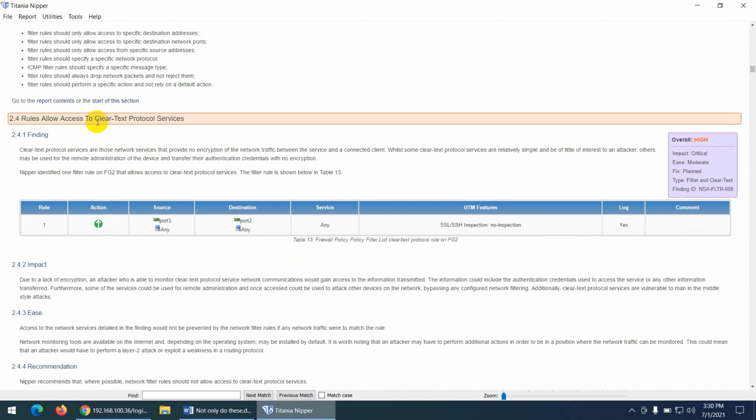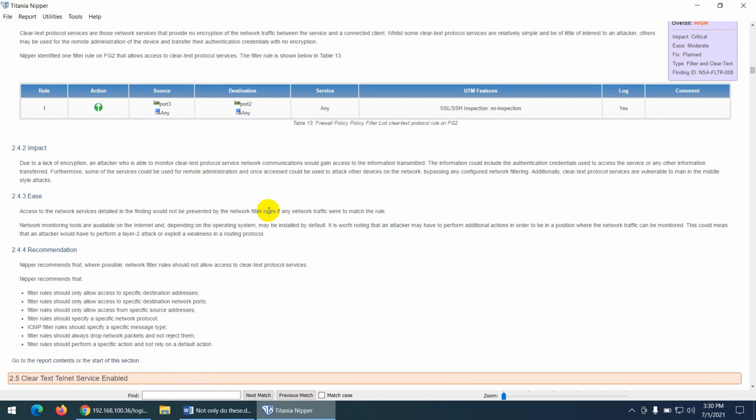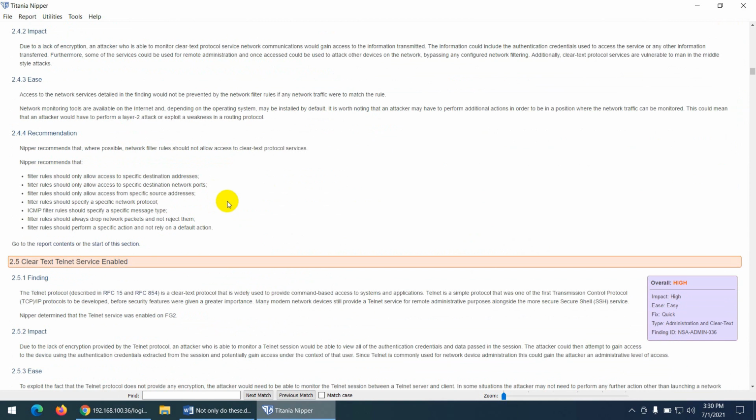Third thing, they found clear text protocol services, because any all services means telnet, HTTP, whatever, all those things come under this one. Again, they mentioned that this rule can allow every type of protocol and service. It can be clear text as well.